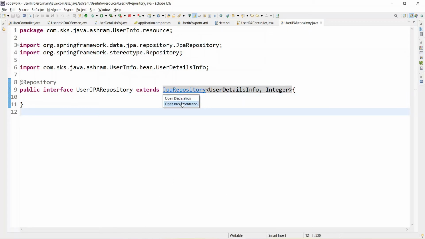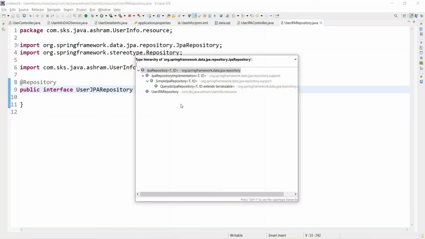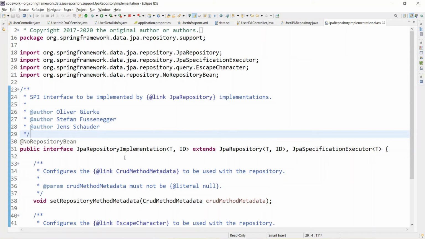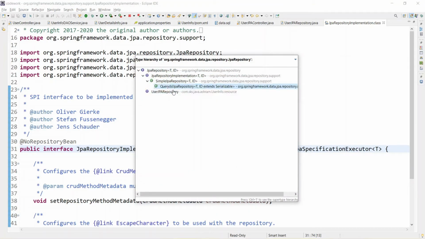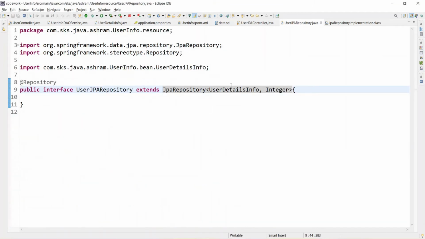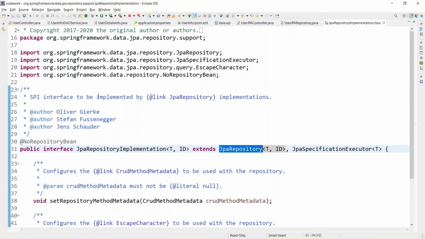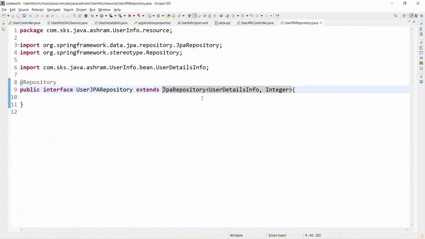If you go to the JPA repository implementation part, okay, if you see here, this is extended by the JPA repository implementation. Let's go here and see here. JPA repository implementation extends the JPA repository, okay, and this is all user JPA repository. We came here. So if you see how this has got implemented internally, okay, so if you get a chance, go through all of how these things are getting implemented.